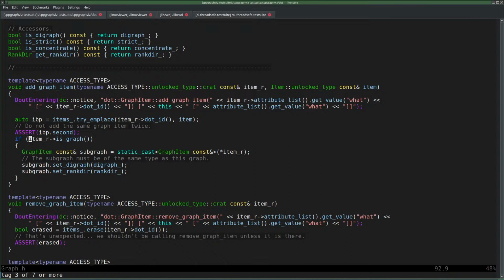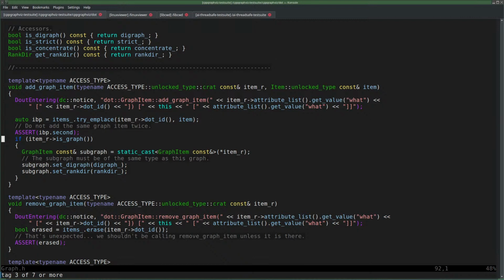No, that's nonsense. That is nonsense. Why would the item R be a node? A node item. Why? Item R. Oh, it depends on access type. I guess I'm not losing my base class stuff here. So it's either a graph item or an item, and then I can do that.